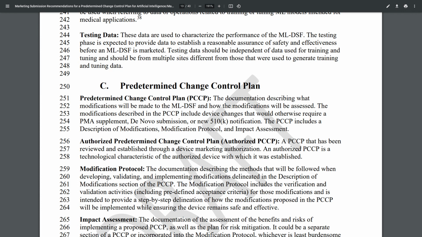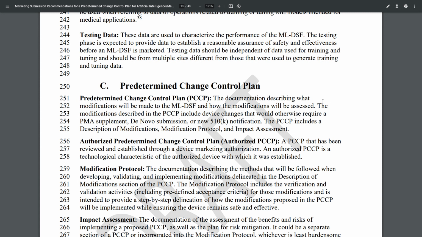Section C, Predetermined Change Control Plan, PCCP. The documentation describing what modifications will be made to the MLDSF and how the modifications will be assessed. The modifications described in the PCCP include device changes that would otherwise require a PMA supplement, de novo submission, or new 510(k) notification.